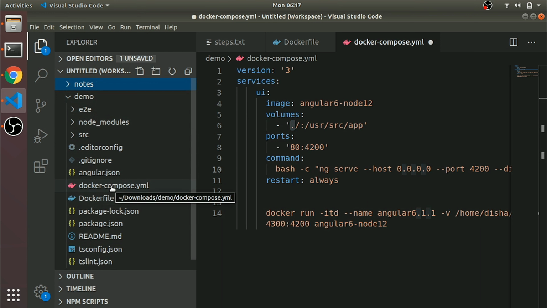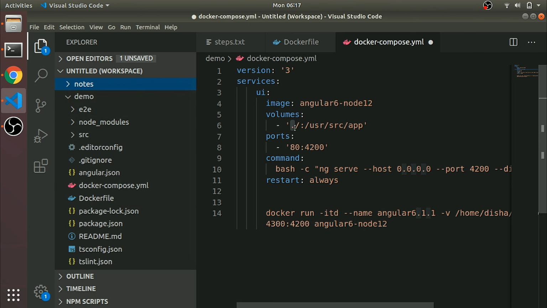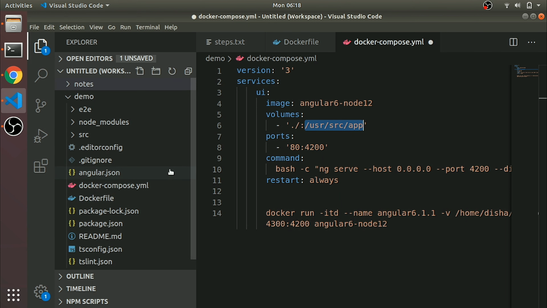The current folder is where this Docker Compose file is, so it will take this demo folder. All the contents of the demo folder will be mapped to the /usr/src/app folder. Once we start running the container, all those files of the demo folder will be mapped to /usr/src/app inside the container. I'll show you that folder also.